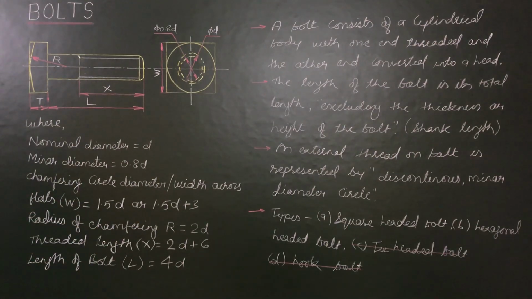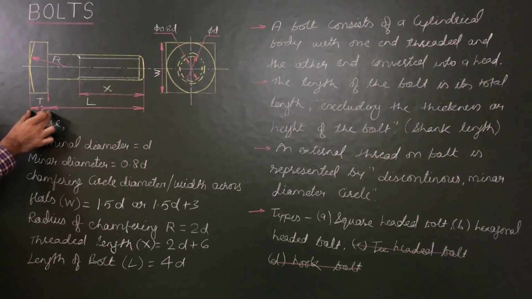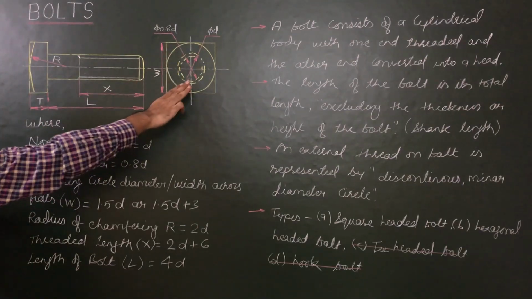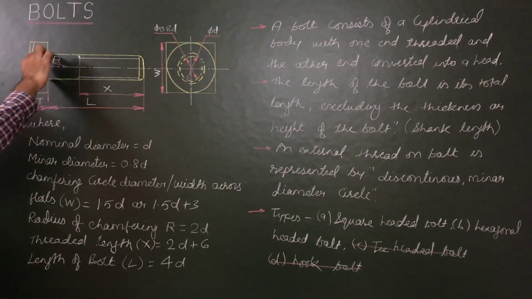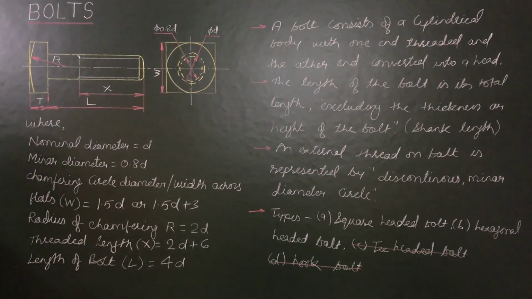Here I have not explained it. This thickness T, capital T, for the bolt head is 0.8 of D, and the same in the case of nuts, the nut thickness was D. So in the case of nuts, small t, nut thickness or height of the nut, was D, but here in the case of bolts it is 0.8 of D. So apart from this, each and every step of construction is the same. So first we have to construct the head of the bolt in front view, side view, and top view. Then we can draw its length.